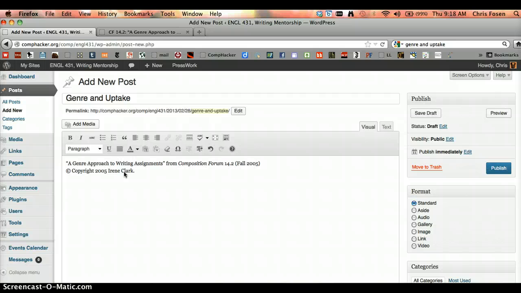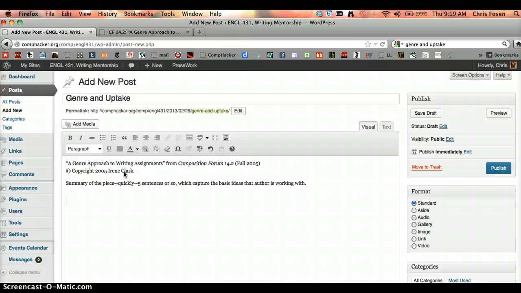Now I can change that around a little bit so it looks more like MLA, but bear with me for a second. What we want to do is offer some kind of summary of the piece quickly. Let's just say, 5 sentences or so, which capture the basic ideas that the author is working with.